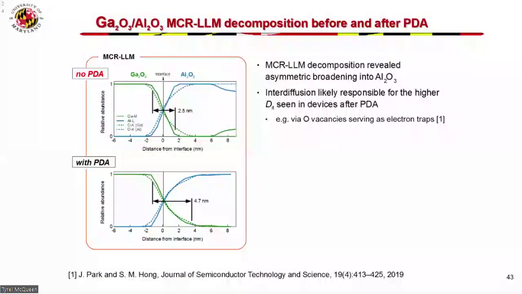So this is also showing pretty much the same thing, where looking not only at the gallium and aluminum edges, but also the oxygen signal. The oxygen signal in gallium oxide is different than the oxygen signal in aluminum oxide. So plotting also all these signals, we can still see pretty much the same thing with no post-deposition annealing. The width of this transition layer is